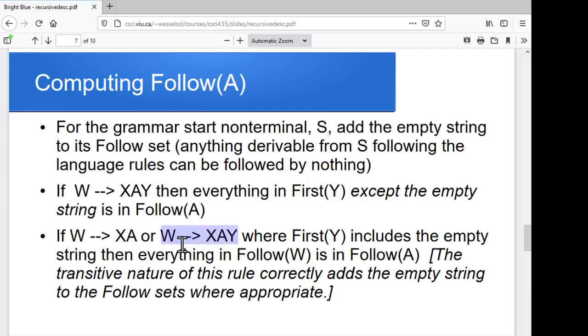Or if it can go to XAY, where Y is in the follow set for, or pardon me, where the empty string is in the follow set for W, will allow it there. So this is going to create a sort of transitive relationship where if W has got the empty string in its follow set, and